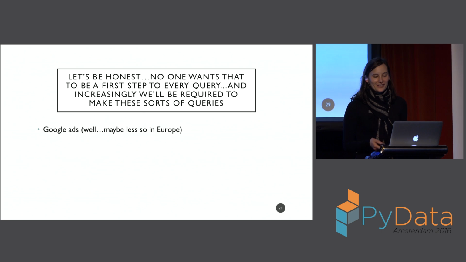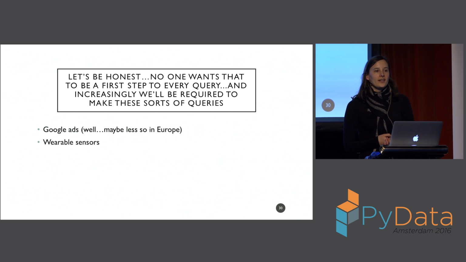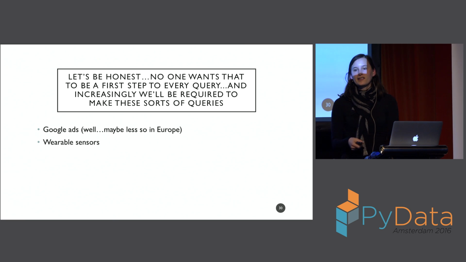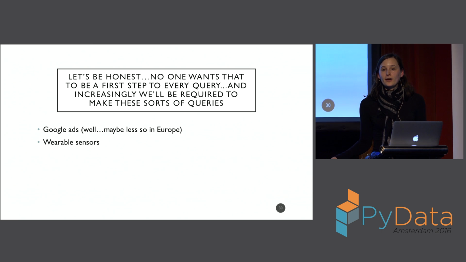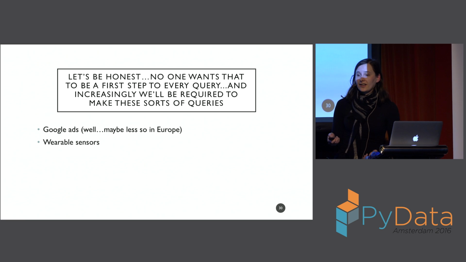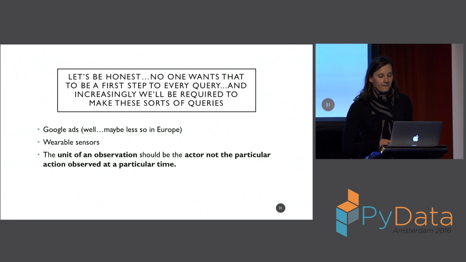So lots and lots of time series data. Wearable sensors. This is actually something my company is working on to do with diabetes, but this is coming. People have sports clothing with little sensors. You're just going to be tracked all the time with everything, which means everything is a time series, right? Everything you do, every data point you provide or you get as an analyst is going to have a timestamp, and it's a meaningful timestamp, right? Now it's not just when the data entry clerk got to it.